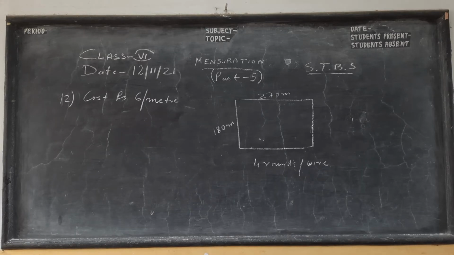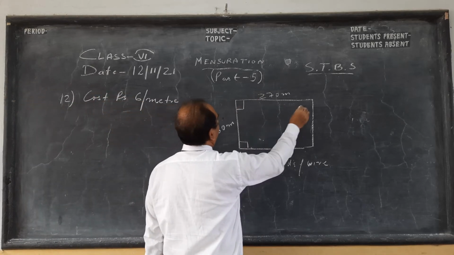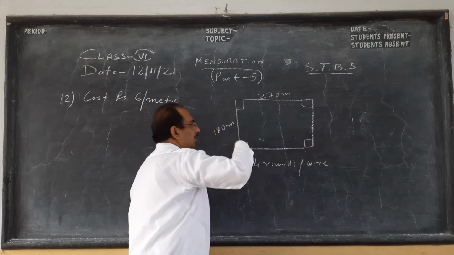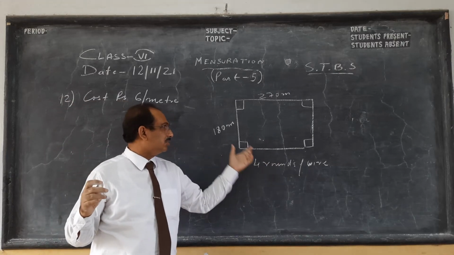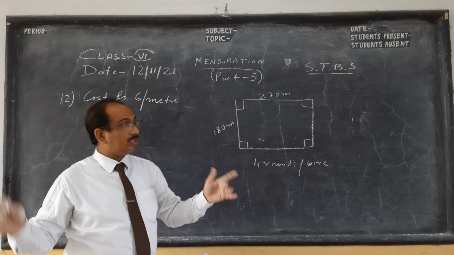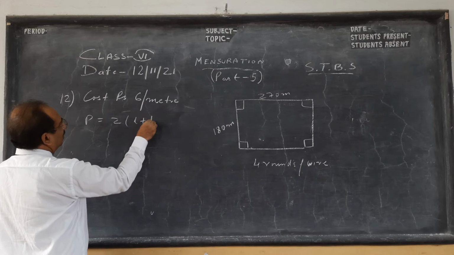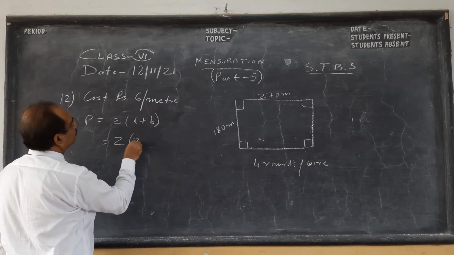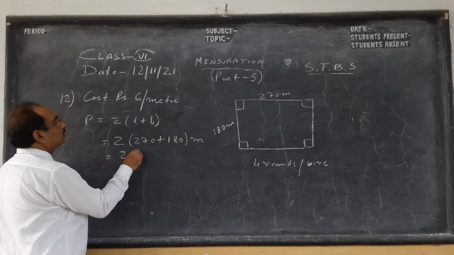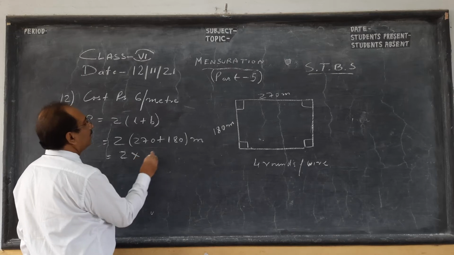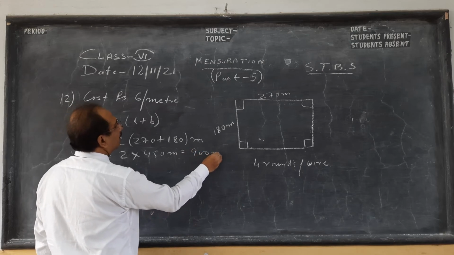So next we move on to question number 12. So there is a rectangular field of land on which 4 rounds of wire has to be put. Okay, means 4 times perimeter, and the cost of 1 meter, this is 180 meter. So 1 meter is 6 rupees. So what is perimeter, children? So perimeter will be twice length plus breadth. Unit remains same as the distance. So 2 into, if we add, we get 270, 350, 450 meter. So we get 900 meter is 1 round of wire if you put.